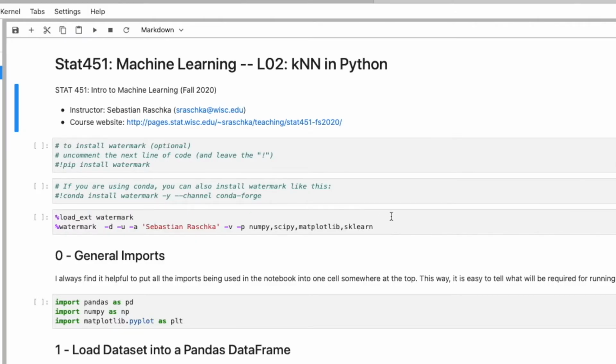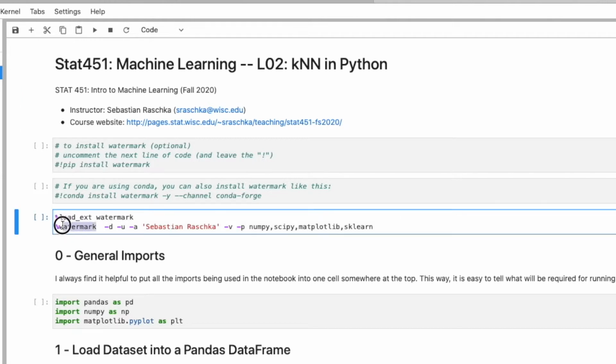So usually what I like to use in my Jupyter Notebooks is an extension called Watermark, and that's an extension I made a long time ago, and it's just listing versions of certain software packages. The reason why I'm doing that is it shows me what versions of the certain packages I used the next time I execute that notebook.